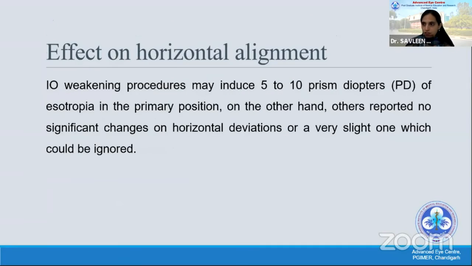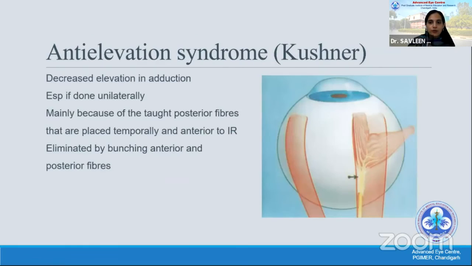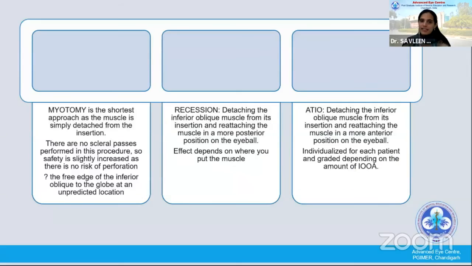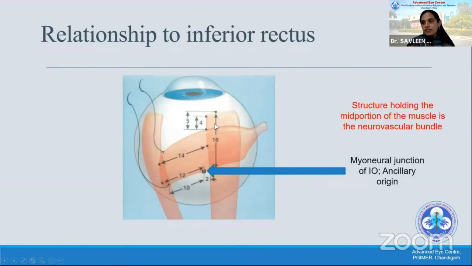Since recession is not being described now, sir had to go at the last moment, I just have one slide to show on the recession effect: recession surgeries are usually chosen depending on how much effect you want to get. Traditionally, 10 mm, 12 mm, and 14 mm recessions have been described. The two most important surgeries have been described by Parks and Fink.